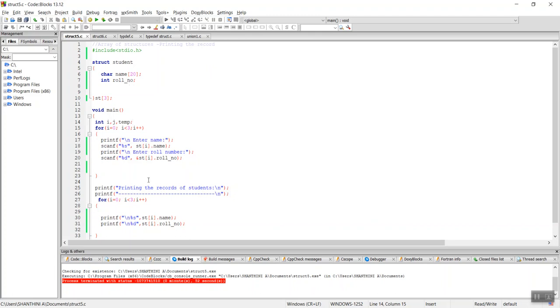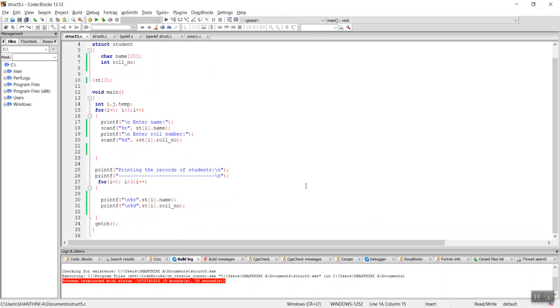Now again, when I want to print the records of the students, I have to use a for loop. For I equal to 0, I less than 3, I plus plus, which means that I am going to use a for loop to display the details to the user. For displaying, we will use a printf statement. For the first iteration, it will be I equal to 0. Then it checks the condition I less than 3.